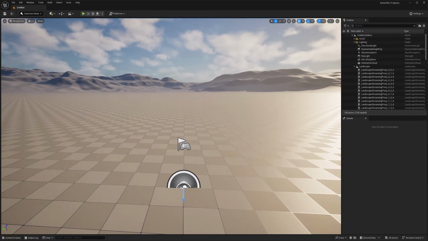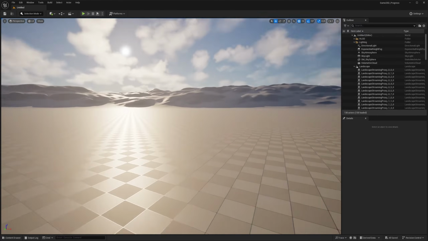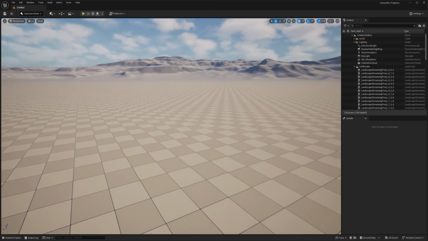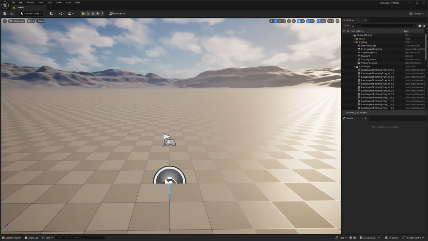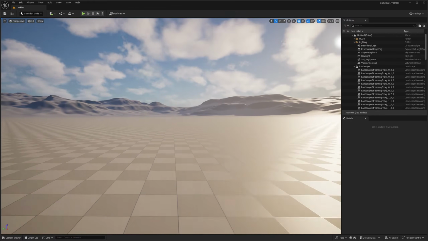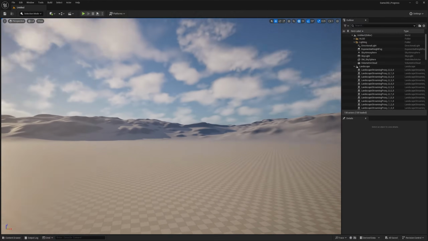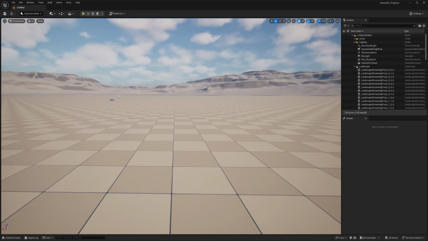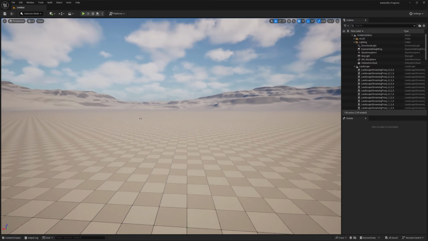You see I'm moving around by holding and dragging my mouse with the right click. Essentially I'm looking around my environment. Right click, hold, and drag your mouse. If I right click, hold W, and lightly press or hold, I move forward. And as I'm moving forward, I can even move my mouse around, and that will also allow me to navigate more easily. If I hold right click of my mouse and lightly touch S or hold S, I'm going backwards.